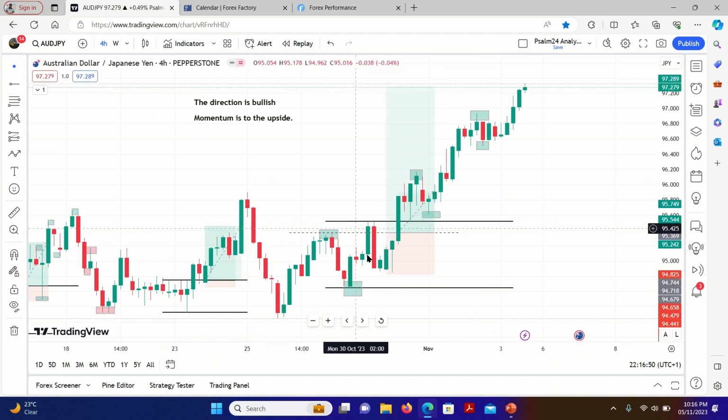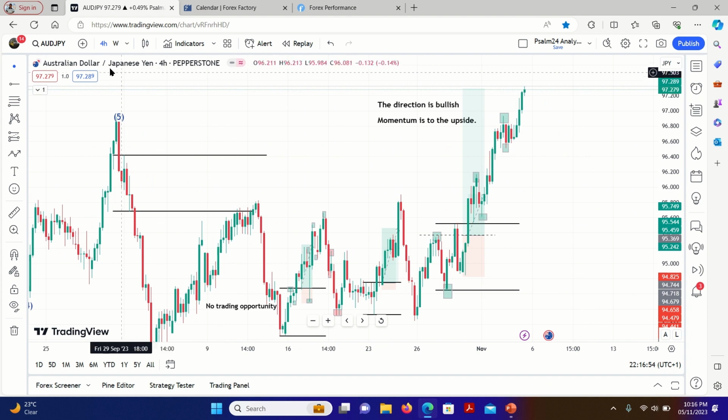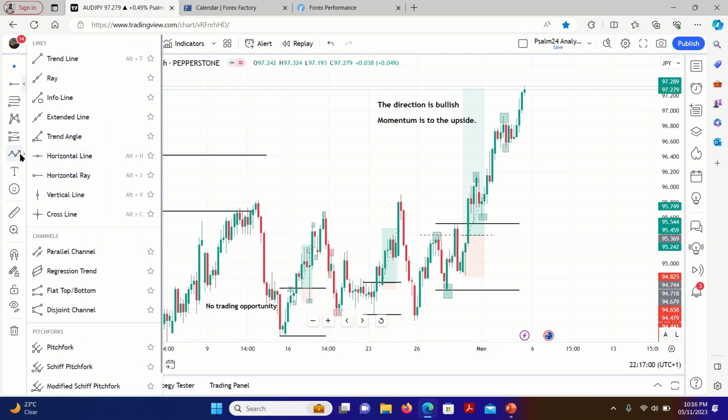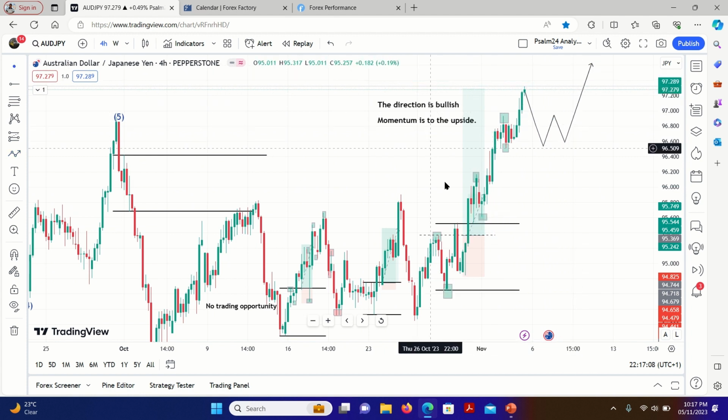So what do we have also on AUDJPY? It's similar. The direction is bullish, momentum is to the upside. So we may see a slight drop, then before they move to the upside. But we are going to trade in direction of the market, so we are not going to take this